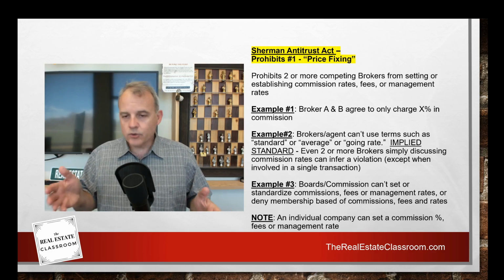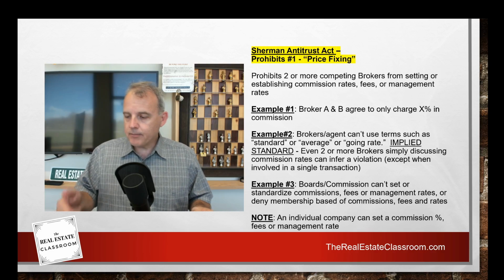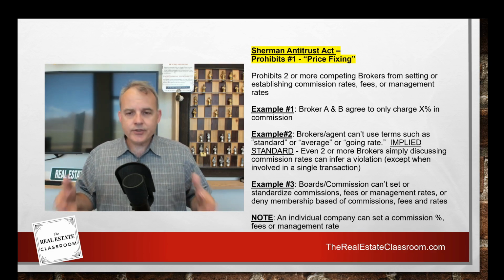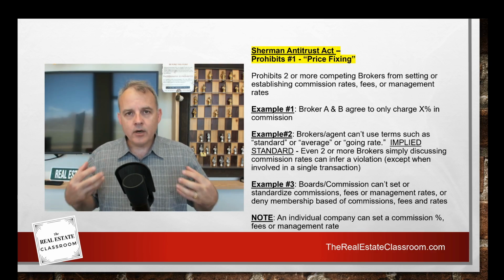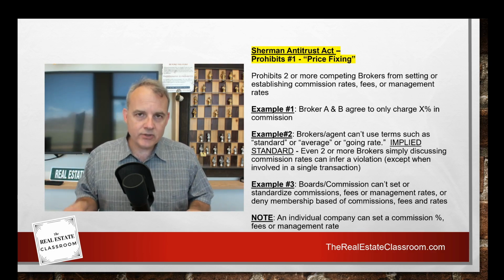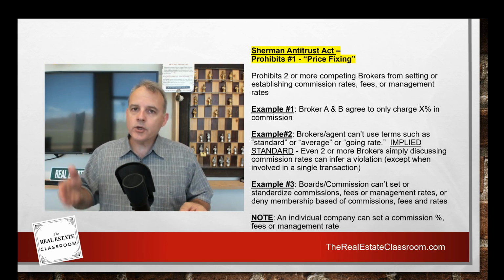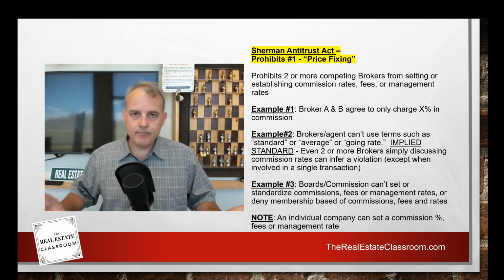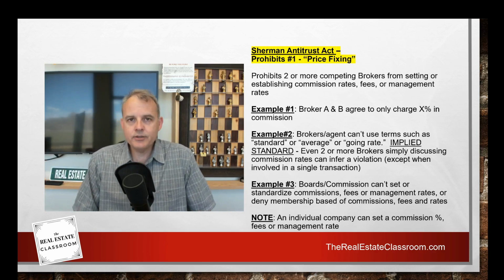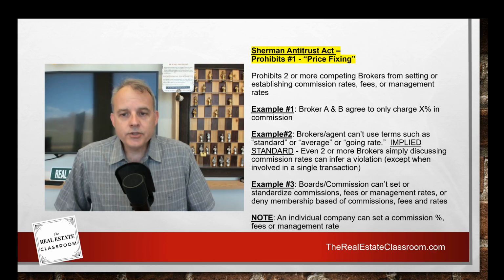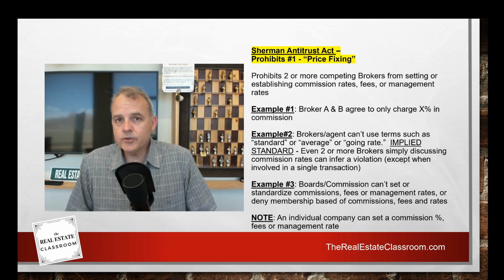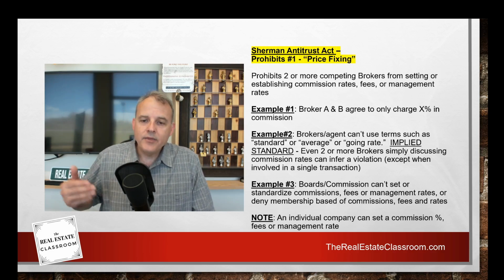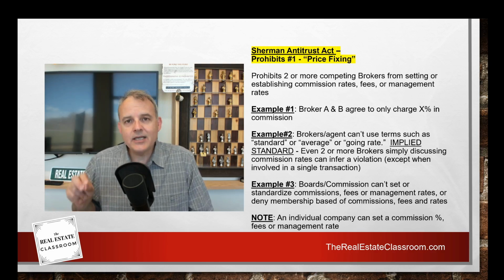Another thing that these groups can't do is deny membership based on that. Let's say the National Association of Realtors again said, listen, if you're going to be a member of our association and participate in the multiple listing service, then you must pay out cooperating buyer's brokers a minimum of blank % in buyer agent commission. That would be a violation, because there are some members of the association that use the multiple listing service and they don't pay anything for buyer cooperation. So that's what this law does. It would forbid that practice.